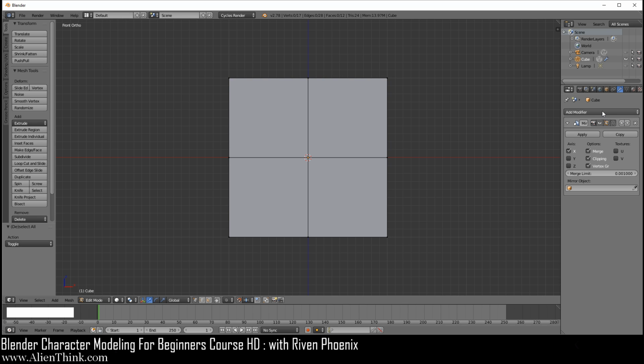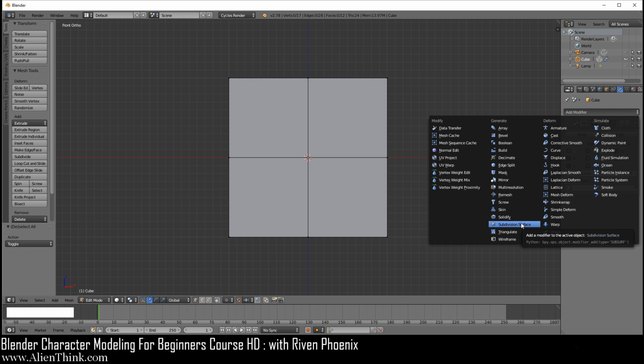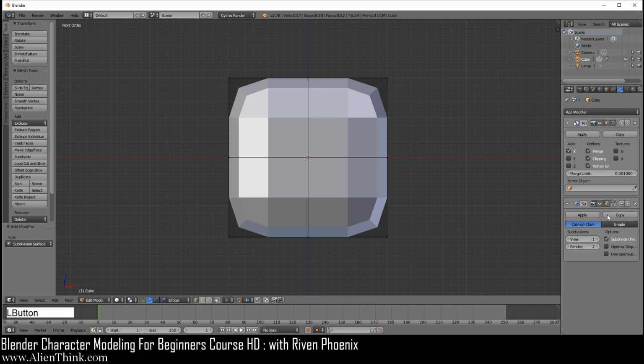The other option that I'm going to now add is the subdivision surface modifier. This is the most used modifier in Blender's history, and this allows you to create organic looking objects. So you can see that as soon as I added it, it's showing that if you apply this modifier or just leave this modifier added, your object will look like this with more faces.